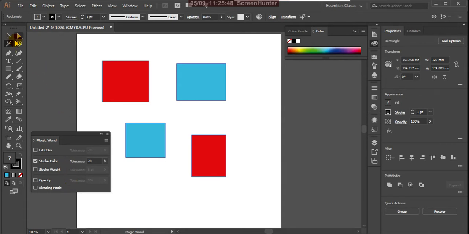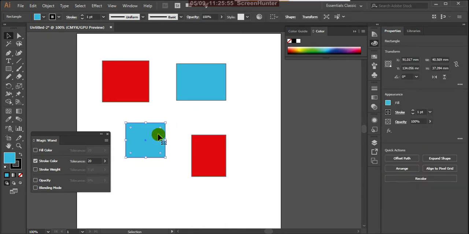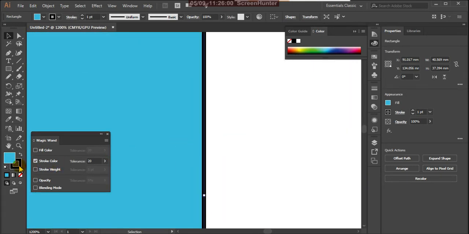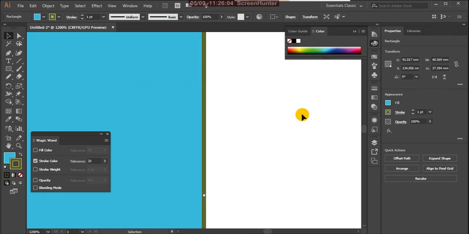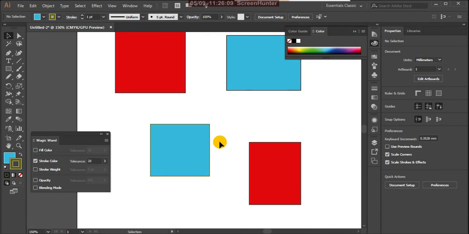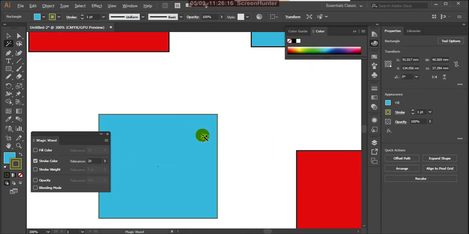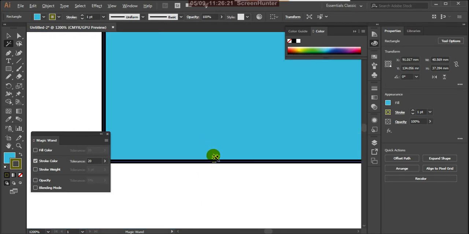Suppose here instead of this black I use some other color. I used green, dark green. Now with the magic wand tool, you click this, then you will see only that portion is selected, not all of them.